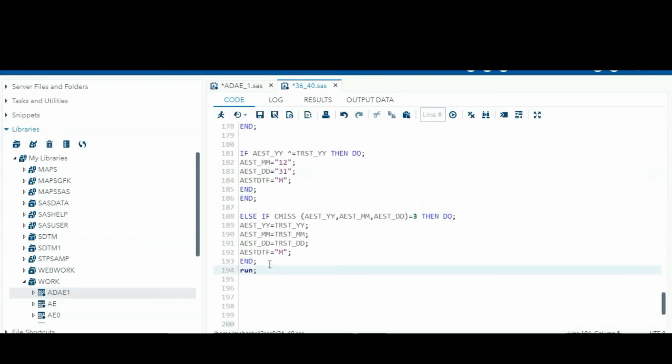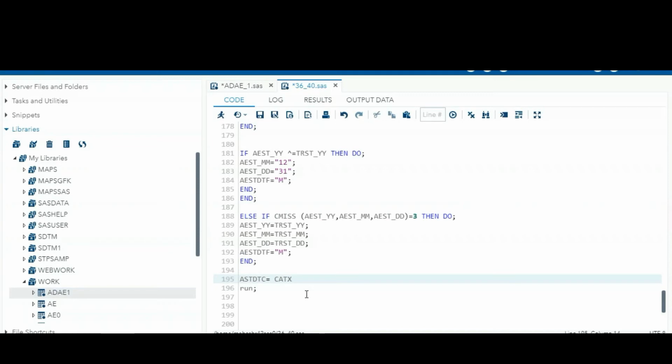So after imputation was done, initially AESTDTC is an SDTM variable. Now we created the other variable ASTDTC.